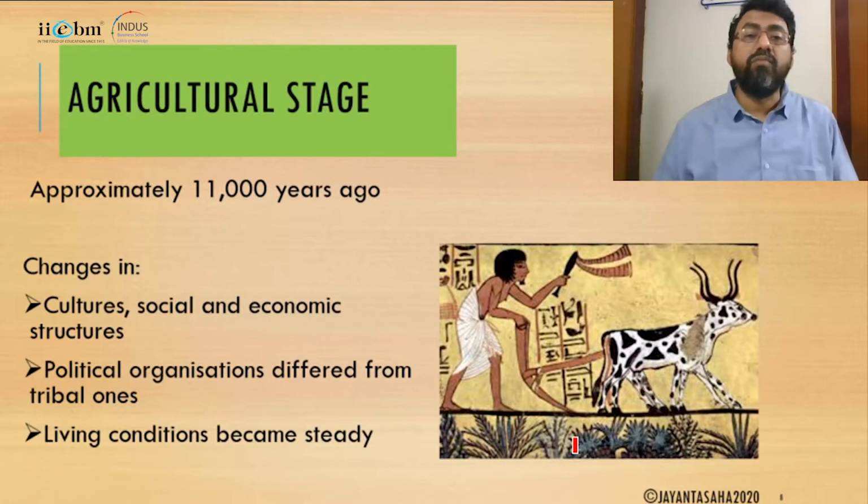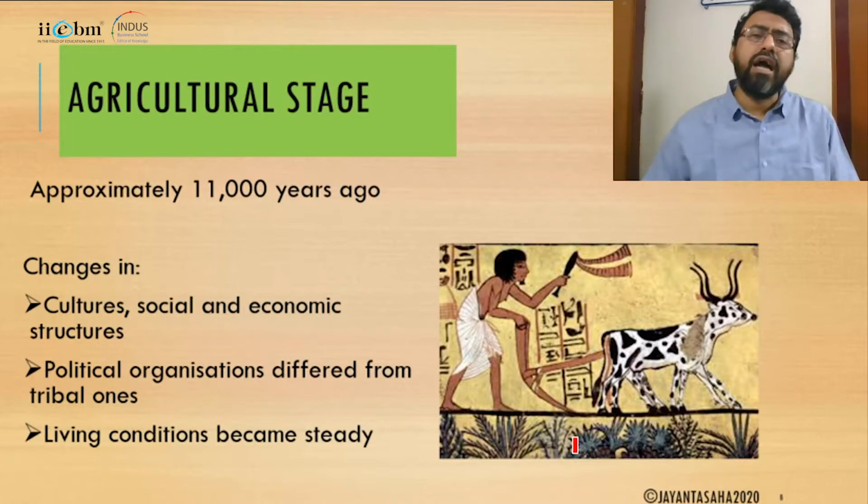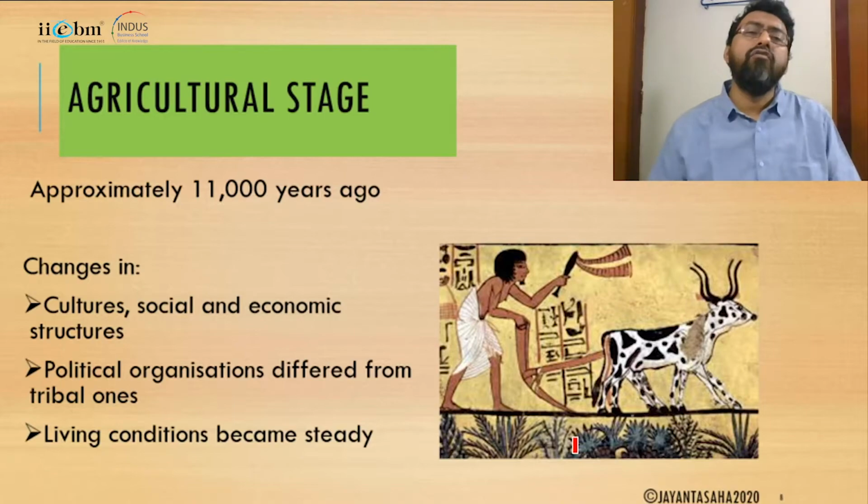So the concept of marriage, the concept of reproductive rights, the concept of livestock, all of these concepts. So settled agriculture along with living with livestock gives rise to an entire way of living